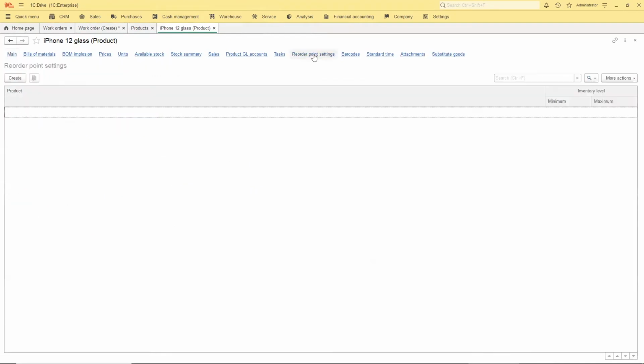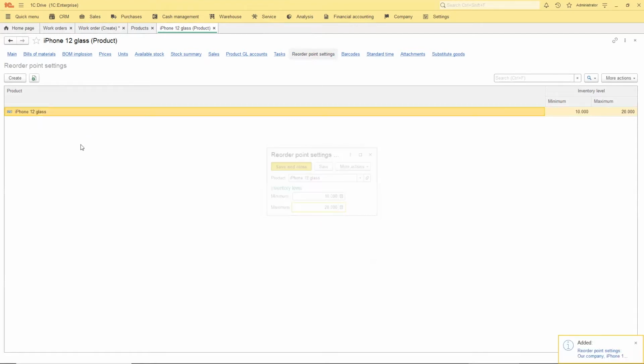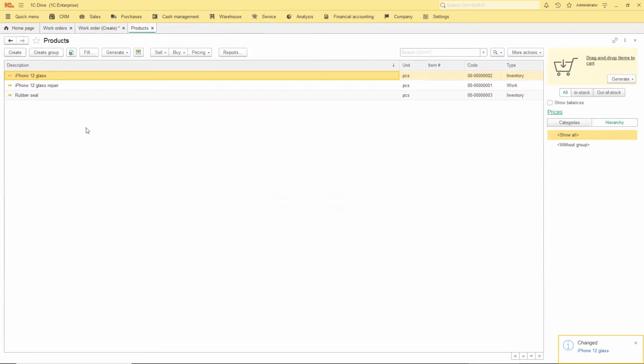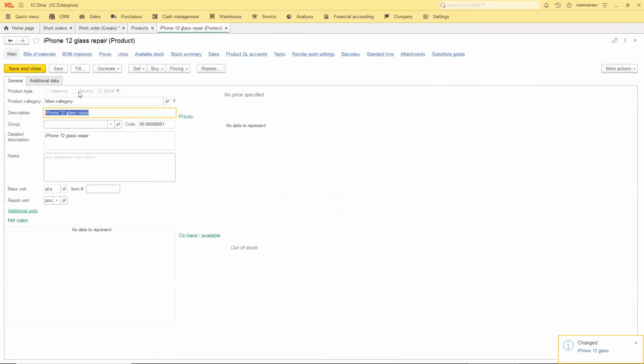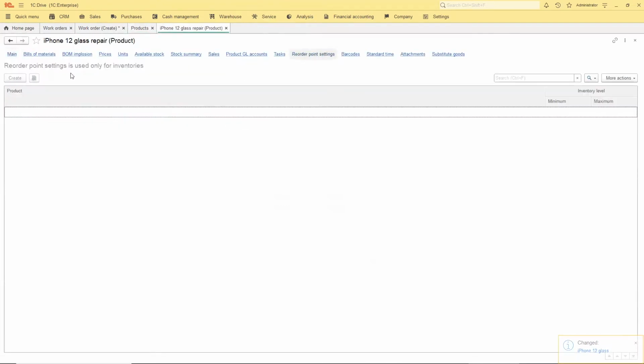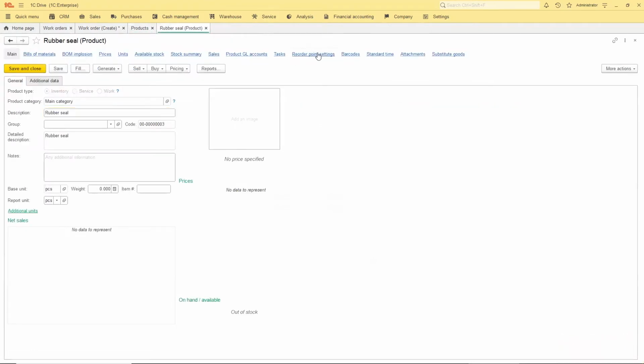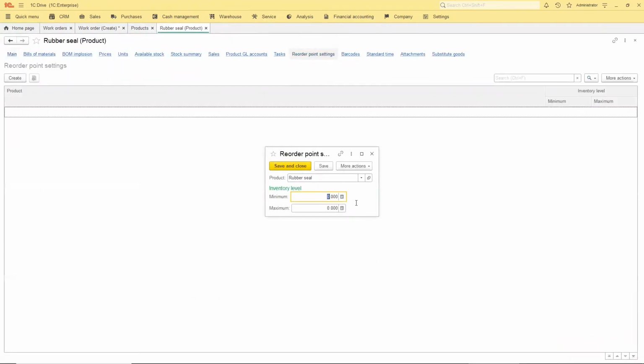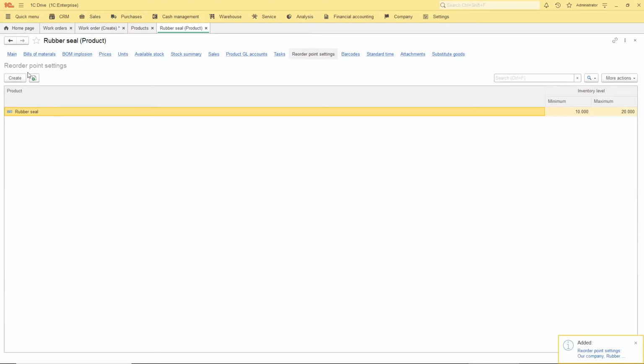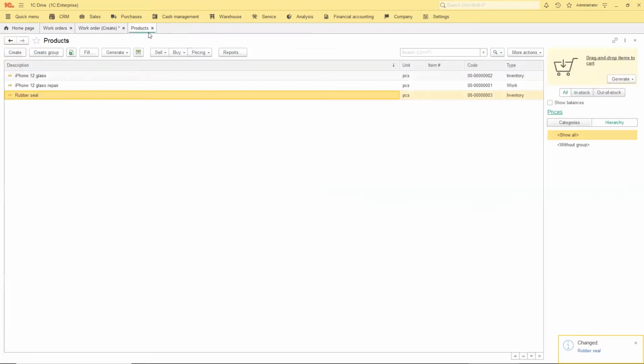Because in our scenario, we have to have at least 10 pieces of each component in our warehouse. So that's it.